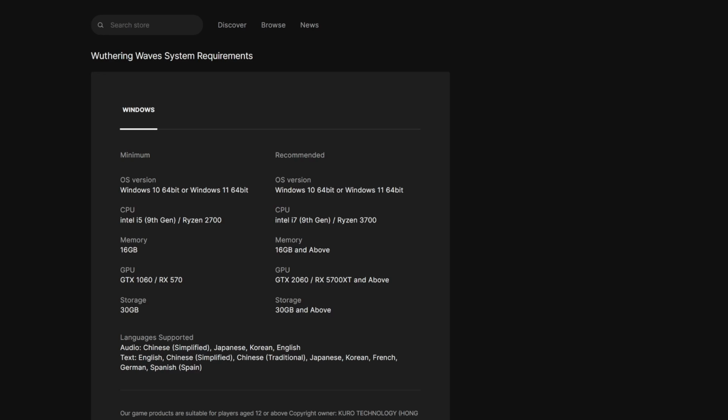But what's even more interesting is that for your GPU, if you have a GTX 1060 or an RX 570, you actually meet the minimum requirements, which is wild to me because I'm pretty sure my friend runs a 1060 in his computer still, and that computer is like 10 years old plus. So the fact that you can run such an old GPU to run Wuthering Waves for the minimum, yet requires so much in terms of like RAM and memory with needing 16 gigabytes, I get why, because these games, especially